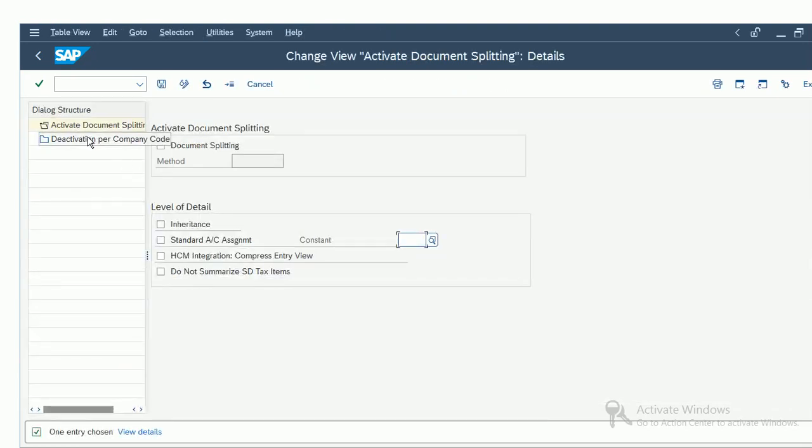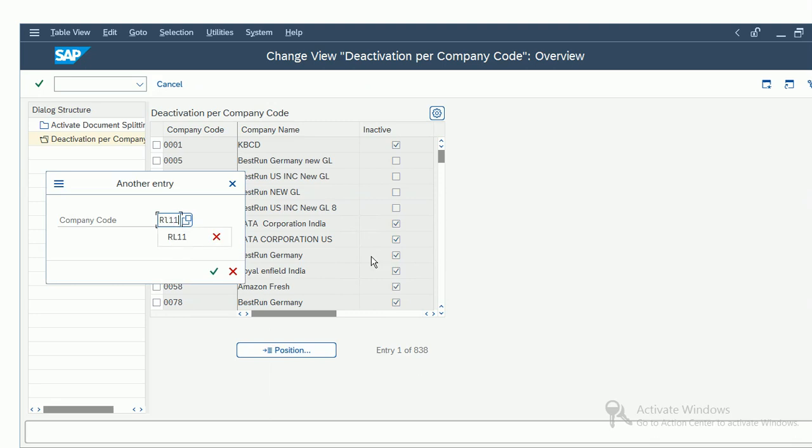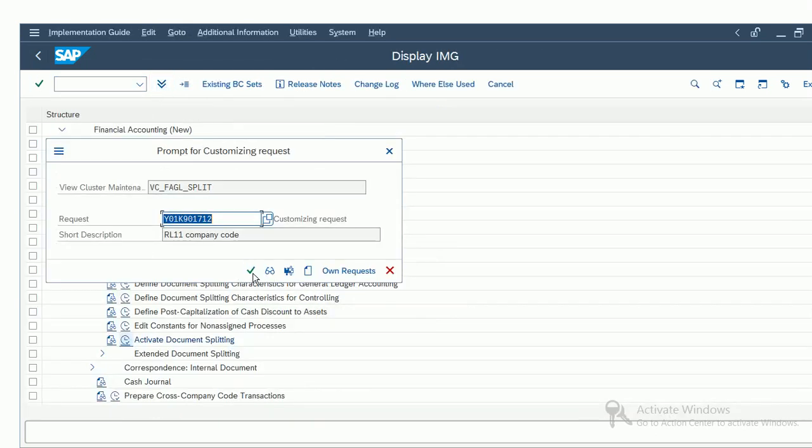And here we have to select activate, and then here we have to select deactivate per company code. So position RL11. Right now we just want to make it inactive. Once we learn this document splitting, at that time we have to come here and remove this tick so that we can activate that.